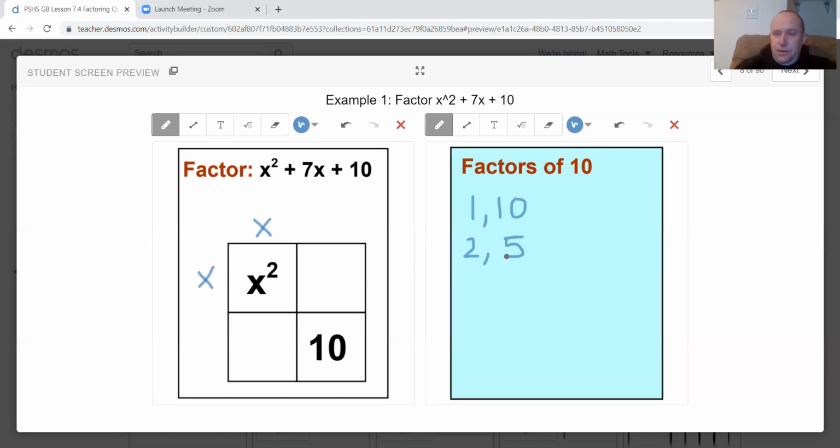So how do we decide which is the correct answer? Well, there's one piece that we haven't used here, and it's this. We know that there must be 7 x's once we've finished. So if I add my 2 numbers together here, so this last part is really important. It tells you what 2 numbers multiply together to make, but it also tells you what you're going to do with those same factors. So I need numbers that multiply to make 10, but add to make 7. And I'm hoping you can see from 2 and 5 that that would be what I'm looking for. So 2x